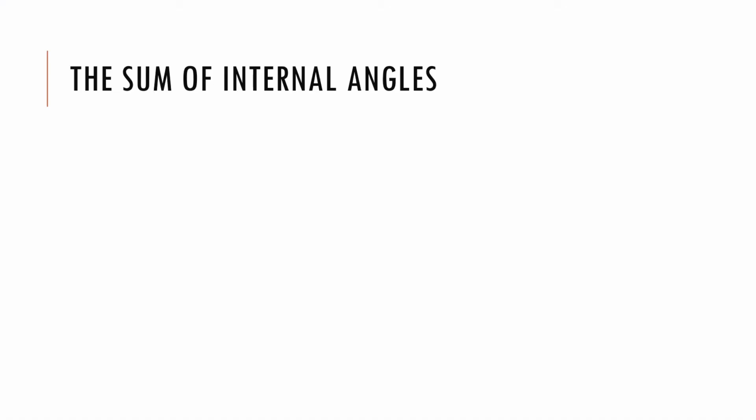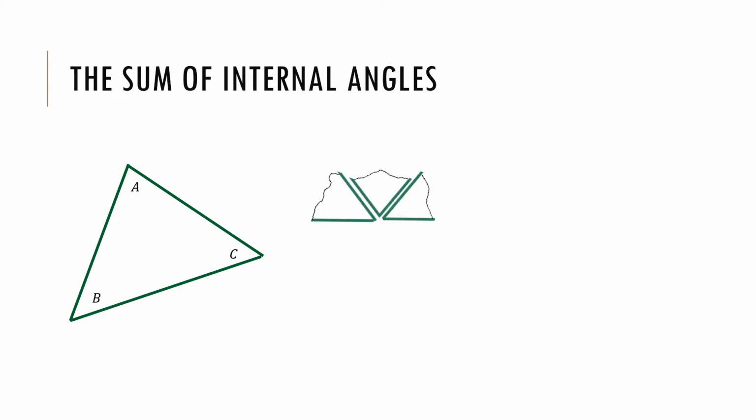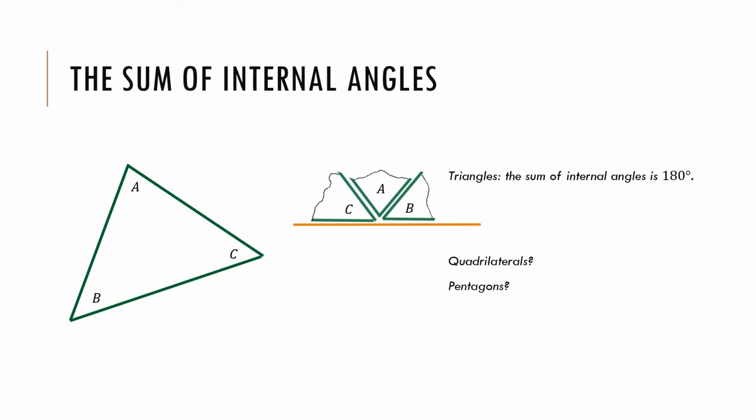I want to start by reminding what we learned about the sum of internal angles of a triangle. Given a triangle whose angles are A, B, and C, we physically checked that you can glue them in this order and check that the sum of internal angles is 180 degrees. It naturally begs the question of whether this is true for a quadrilateral, a pentagon, or a